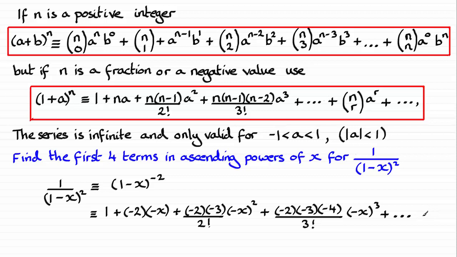So it's just a question of cleaning this up. And you can check this out. If you clean this up, you should find you end up with this answer: 1 plus 2x plus 3x squared plus 4x cubed plus and so on. Okay? Now in the next section, I'm going to do much the same kind of thing again, but we're going